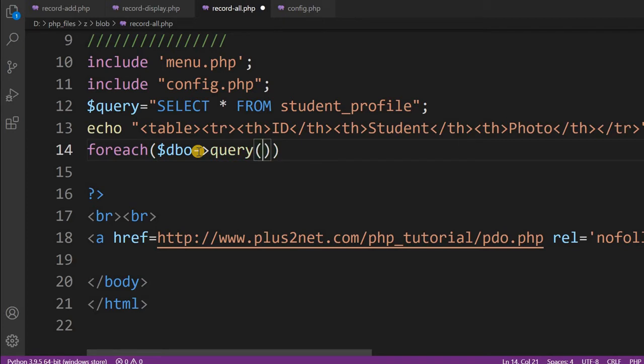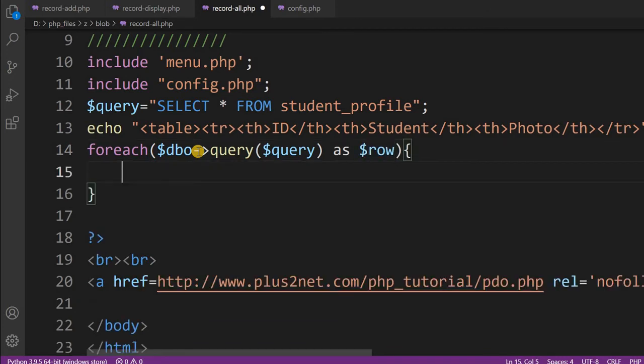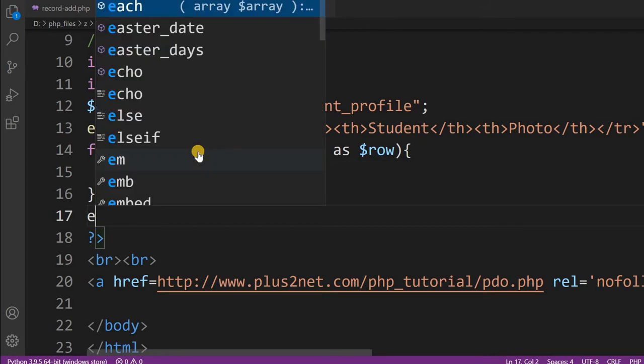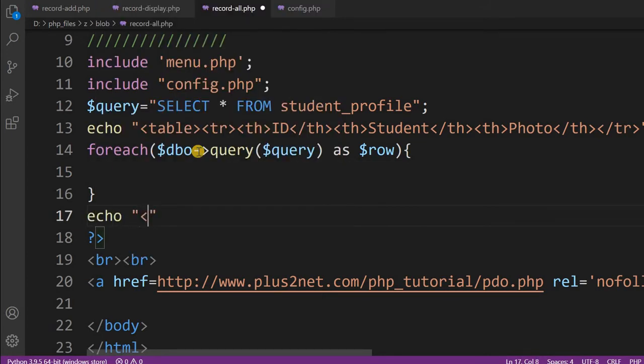The variable in line number 12 is where we have written our query. This adds row. So we are looping through all the records. Inside this I will write the table rows, but before that let me close the table outside this loop, otherwise I'll forget.